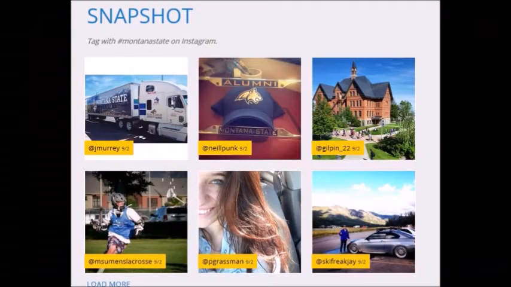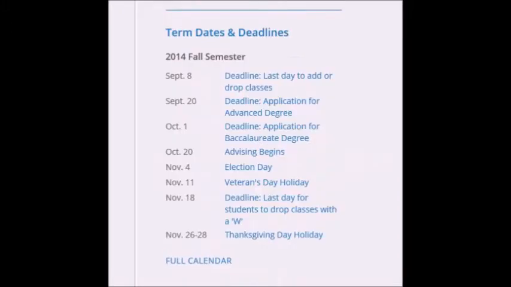The snapshot feature is relatively useless, considering if you have an Instagram account, you probably follow all of the people that you'd want to follow on that anyways. So seeing people post pictures of a campus that you already go to is just a cheap gimmick to make the website look nice. Some of the more useful features are located at the bottom, such as the term, dates,